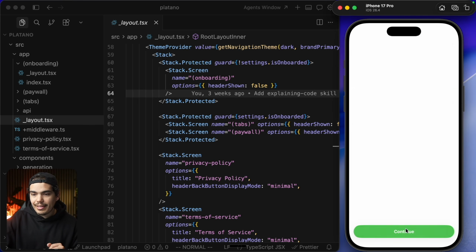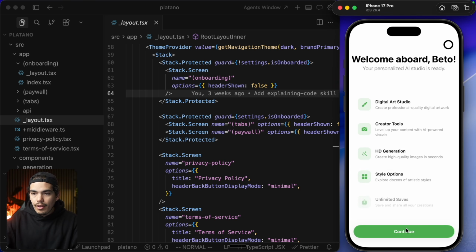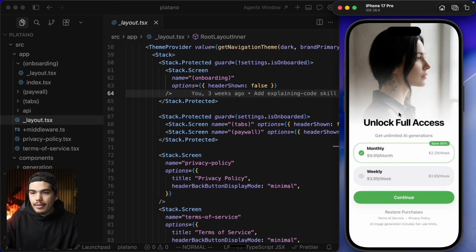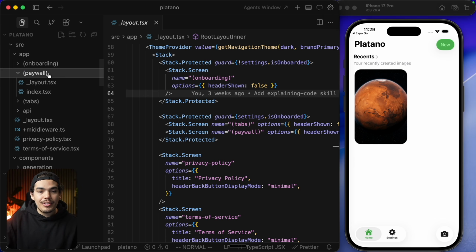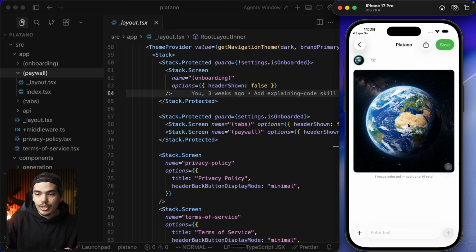So let's actually quickly go through the onboarding. All right, so this is the onboarding. Once I complete, I actually get presented with the paywall, but once I close it, by the way, the paywall is another stack, and this is good because this allows me to present the paywall anywhere. So if the user goes to generate a new